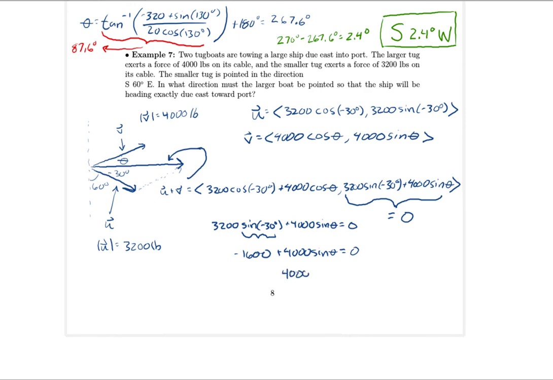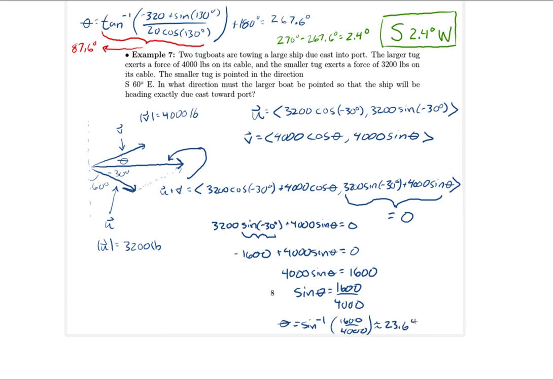So 4000 sine theta is equal to 1600. Okay, and so then theta, of course, is going to be the sine inverse of this, which gives me 23.6